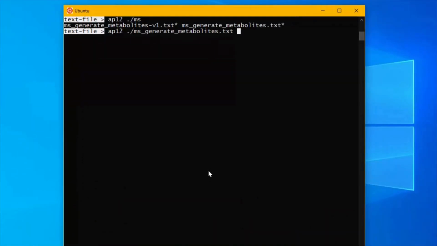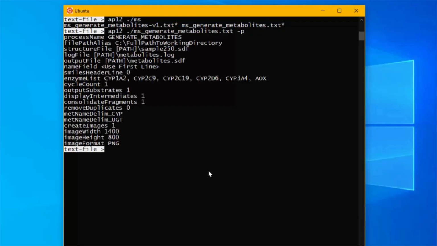So another option is to just point to the input text file, but then specify all of the options on the command line. And the way you would do this, I'll just look at the original text file, and print those lines out. And then repeat the command. And then for instance, the structure file, I can copy that and paste it, and then just put this on the command line,